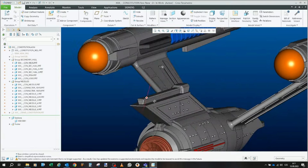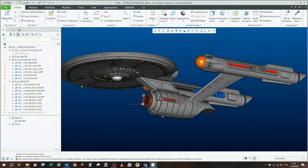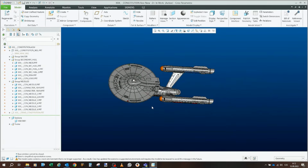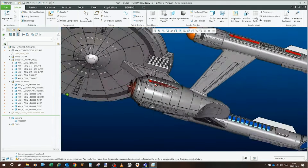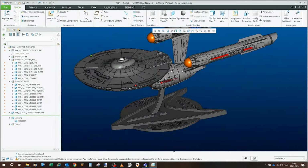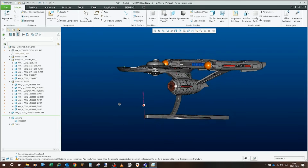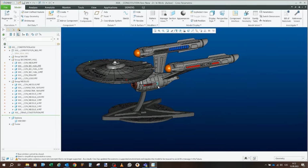Now the ship has one feature, and you can see it here on the neck, that here we have this locking mechanism, and the saucer has the same mechanism, so you can basically slide the neck into the saucer. That means that the ship has the ability to separate the saucer, and you can do it whenever you want. It holds very nicely in place, but if you want, you can push it away. And last but not least, it has here this opening, and this opening is, as you can see, for the stand. The stand is the same as on my previous ships, only with the updated info. And yeah, that's it. So yeah, this was the model. I hope that the assembly process is now quite clear,